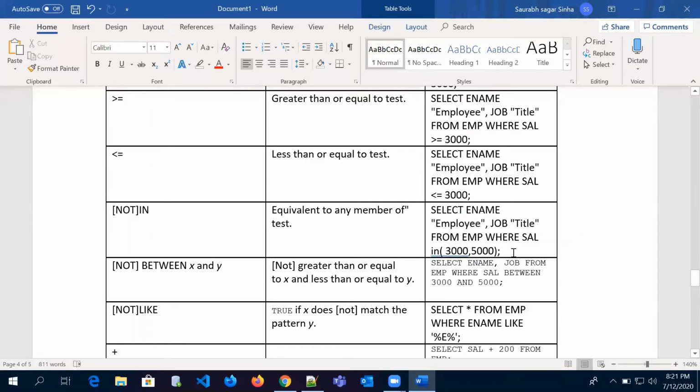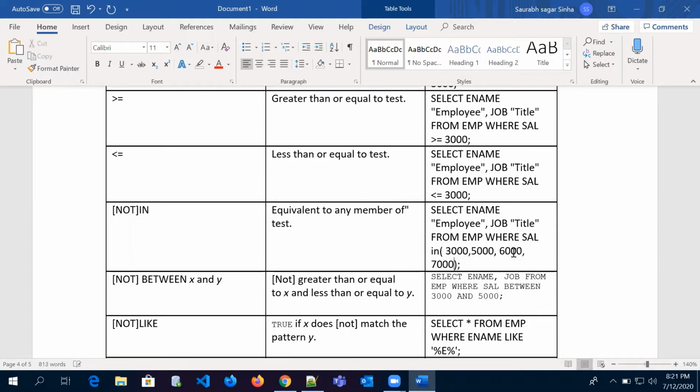Let's say we have five or six values, here 6000 and 7000 like that, and we want our output to be such that the salary should not fall in any of these salaries. In that case we use the not in operator.